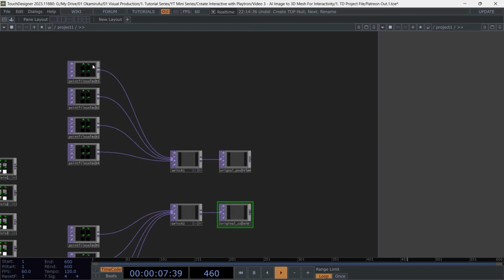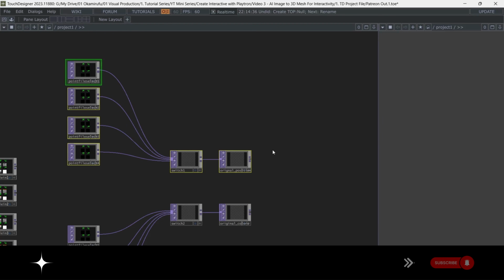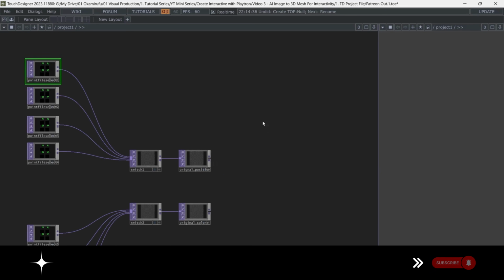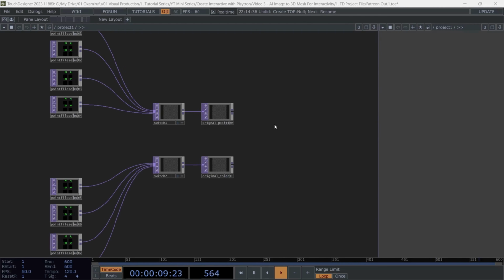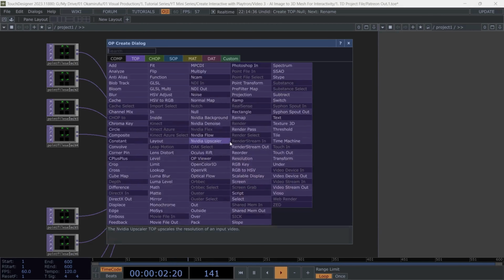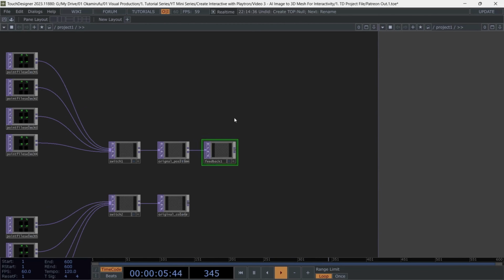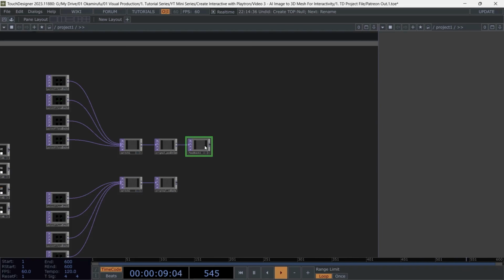For now, let's turn our attention to the upper network. This network corresponds to our coordinates, and thus, it has a distinct structure from the network below, which will correspond to our colors. Let's begin by creating a classic Feedback operator, one frequently used within TouchDesigner workflows. Connecting this Feedback operator to a Threshold operator,